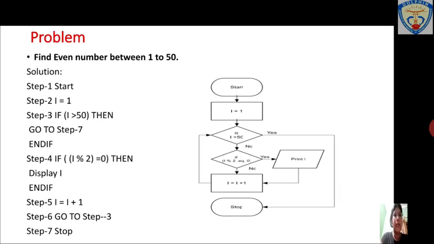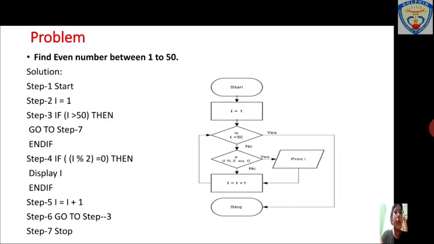Next, your selection will be done based on the I value. If the I value is greater than 50, then you go to step 7, which means you stop the program. If I greater than 50 is false, then you proceed to step 4.